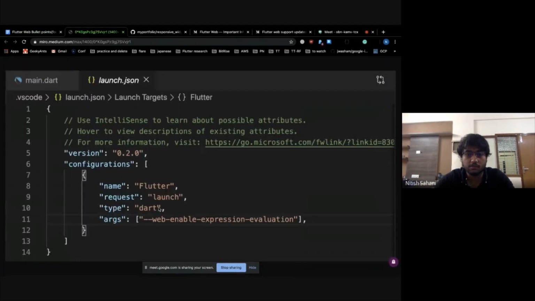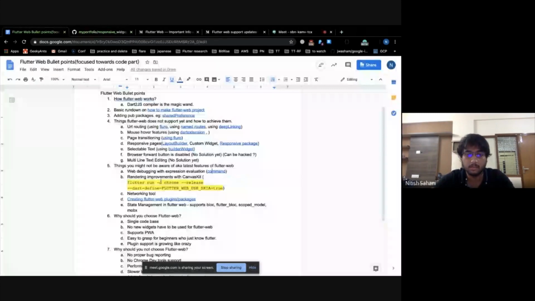debugging thing. If you enter --web-enable-expression-evaluation in the command line, you can actually achieve the Flutter debugging, and there you get the complete stack trace of your widgets one by one. That can be a little handy when you are debugging something, because currently the bug reporting is very bad. The second thing is, like Vikrant mentioned in his talk, the complete process of compiling the